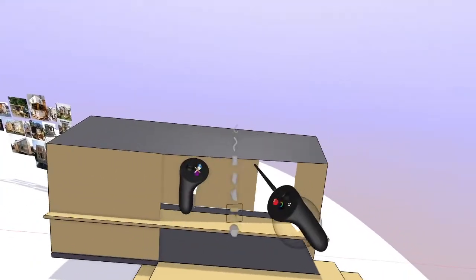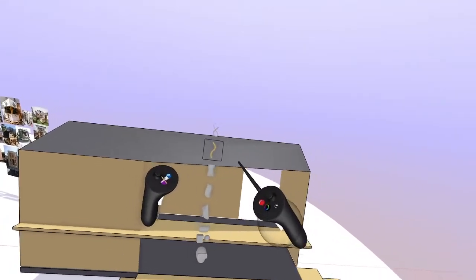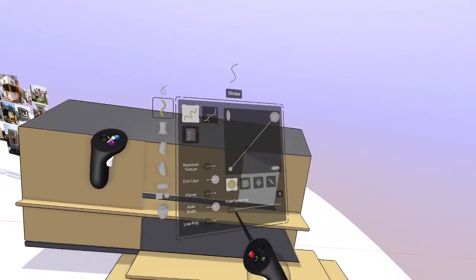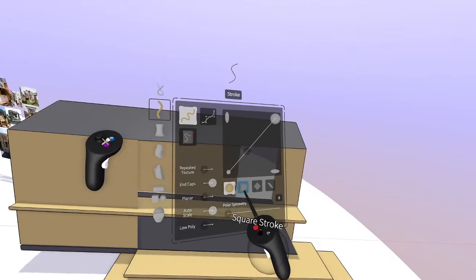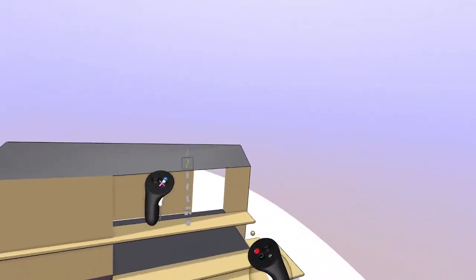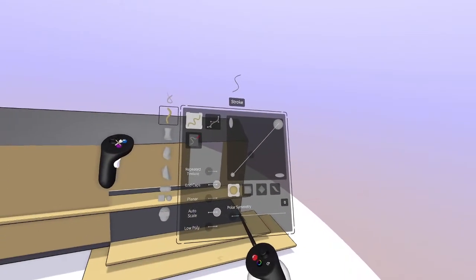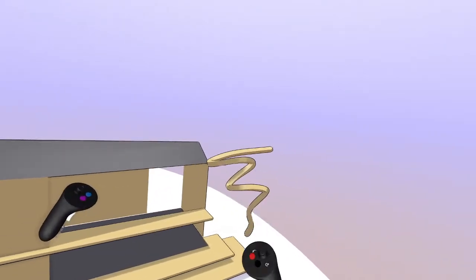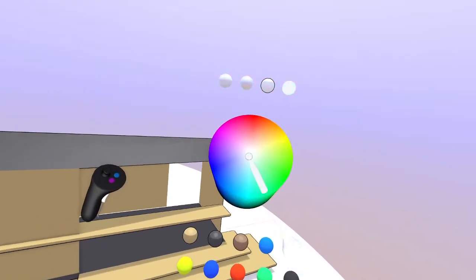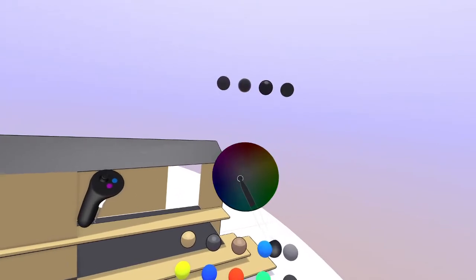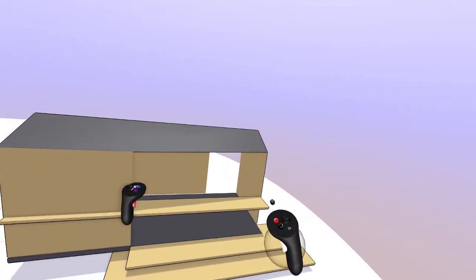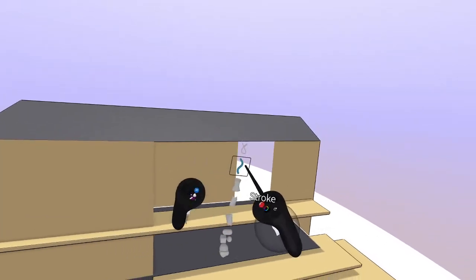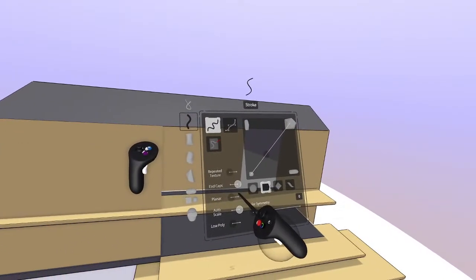Yeah, actually, let's give that a shot. Let's mock that up pretty quickly. So what we can do here is take the stroke tool and set that to square type like that. Change it to a darker color so it kind of looks like the frame for a window. And then what we're going to do is